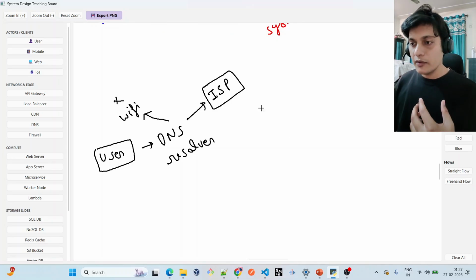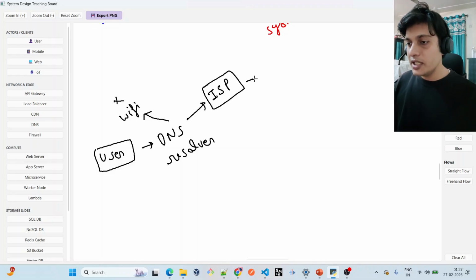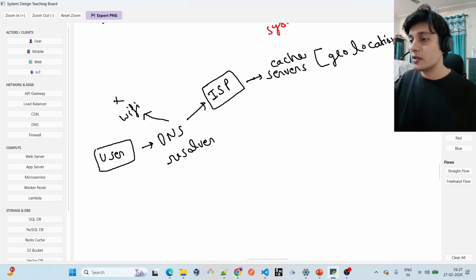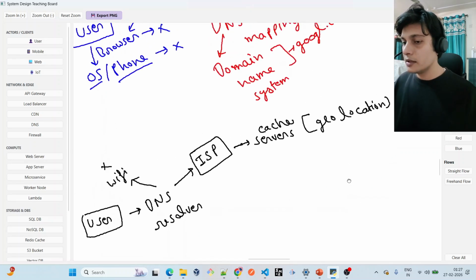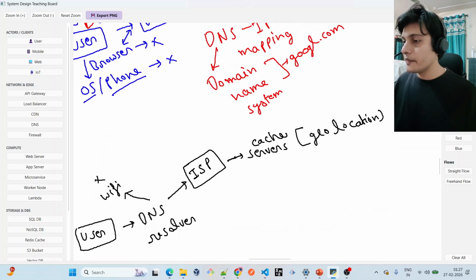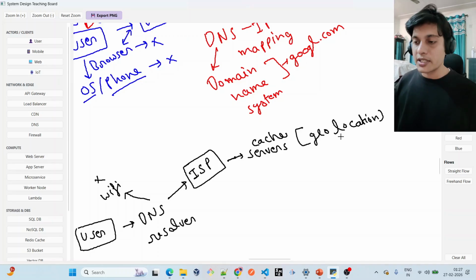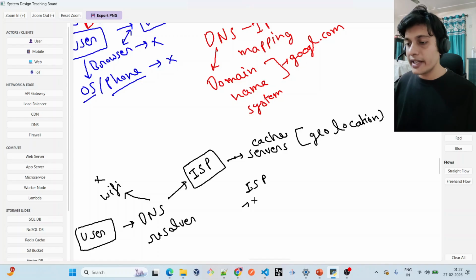So when it reaches the ISP, the ISP has cache servers. It has cache servers at geolocations. What I mean by cache servers at geolocations, let me just use the eraser and drag it a bit. So this is the cache server, and cache servers are at geolocations. Geolocations means it might be possible that your ISP is providing services to America,